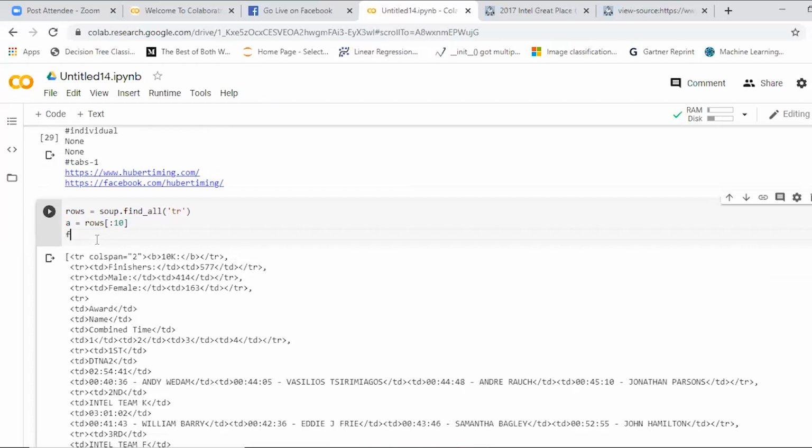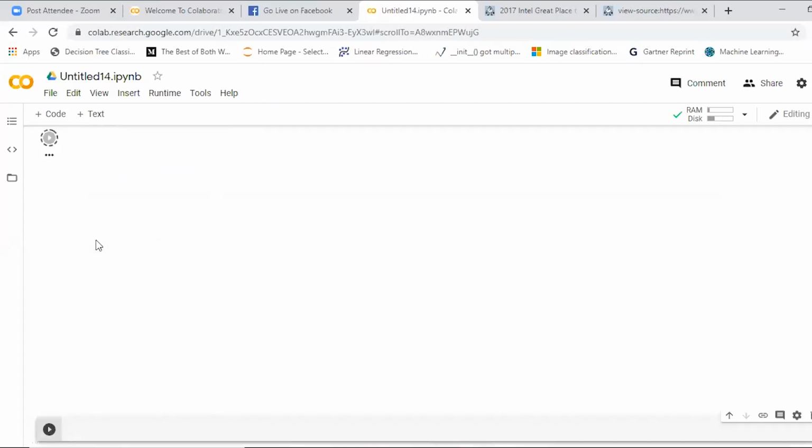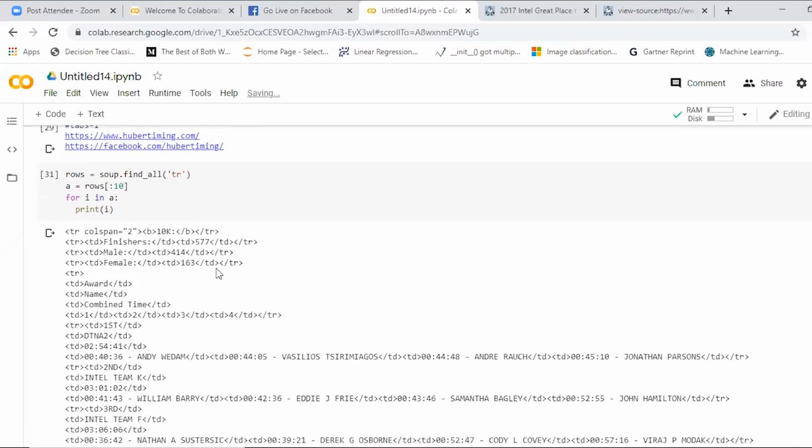Now, simple. You give a sequence, for i in A, and you just print i. That's it, then you get your loop ready, and you get each line by line: finishers, male, female, award, name.